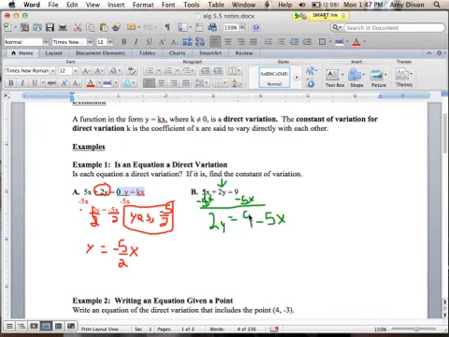Okay, 9 minus 5x. Now, the y is not completely by itself yet. It has a 2 there. So we actually need to divide everything by 2. And we're going to divide this whole side by 2. All right? This is going to cancel, and we get y equals